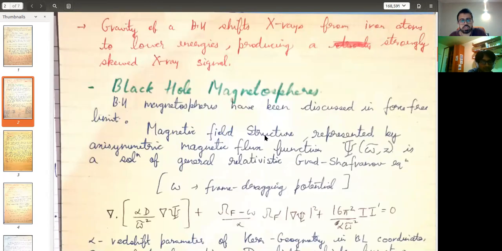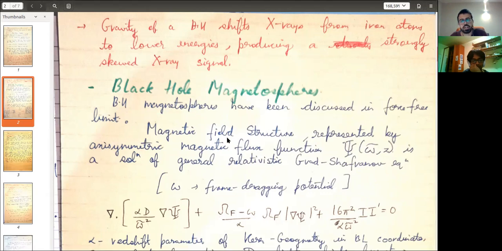And then there was this big equation which they had given, but I'll just brush across it. When people were trying to study it, they were trying to simulate the black hole magnetospheres. They were trying to understand that if the gas is in such a configuration, how fast will it be accreted? So the black hole magnetospheres have been discussed in the force-free limit, and